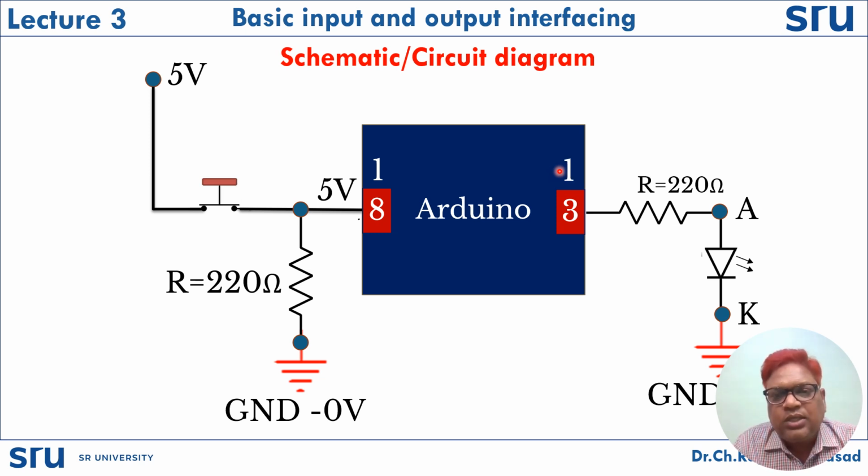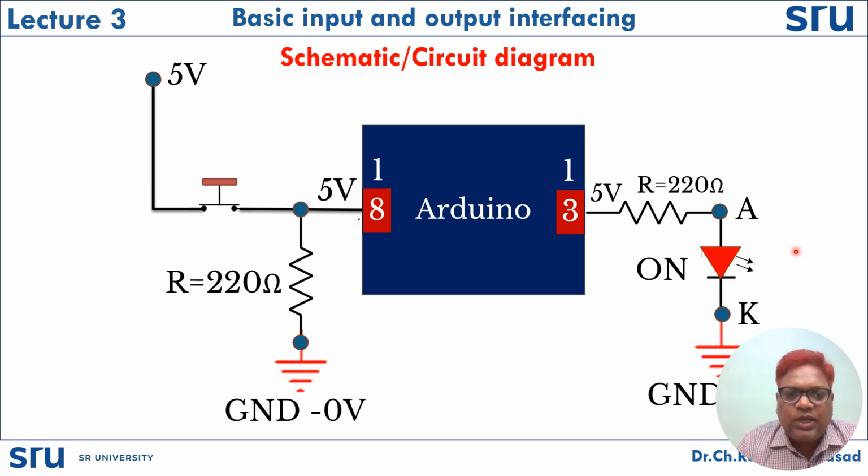When we write logic 1 on the third pin, it will generate a voltage of 5 volts. The 220 ohm resistor drops 3 volts and the remaining 2 volts is provided to the LED. Then the LED will be turned on and it will glow. So in this way our circuit will work,